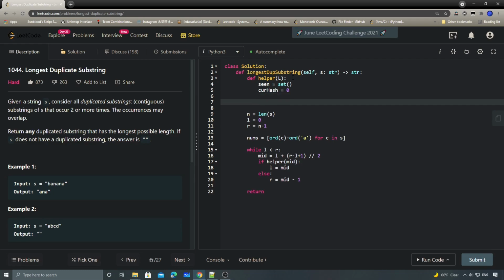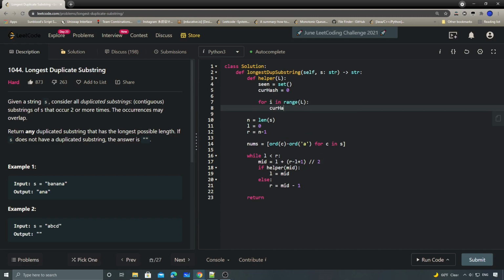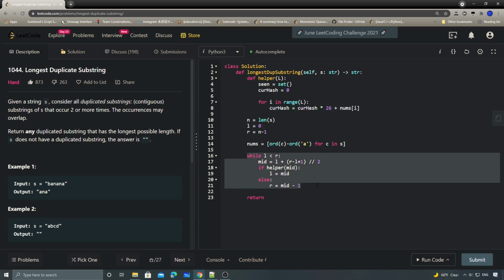I mean, there are a bunch of ways you can check this. So for me, I get the base hash first, for i in range L. Basically current hash is going to be current hash times 26, and then plus nums of i, right? So that's how we get the current hash. In the place where, before, we need to subtract the value from